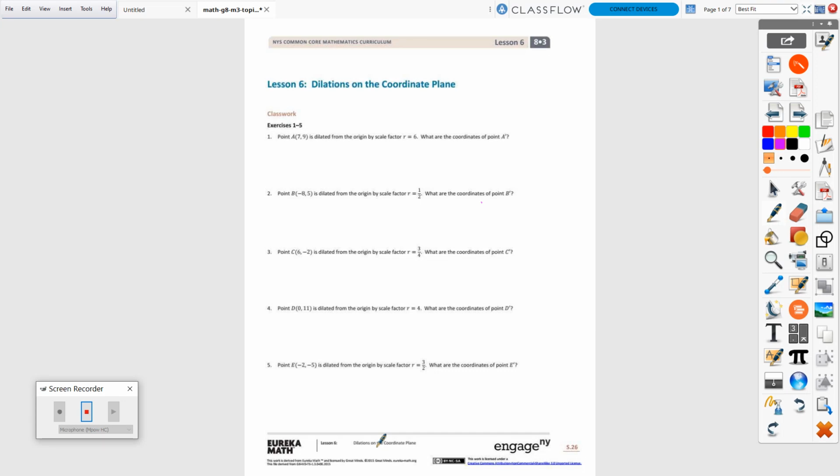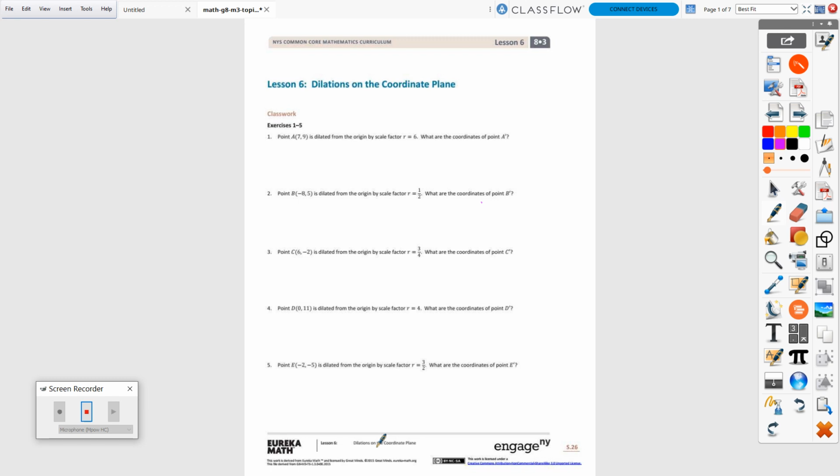Morning, 8th grade. Today we're taking a look at Lesson 6, Dilations on a Coordinate Plane. And we've already discussed this a little bit. We're looking at that scale factor, but the outcome for today is that you'll be able to describe the effects of dilation on two-dimensional figures using coordinates. So you're actually going to have to use the coordinate system rather than